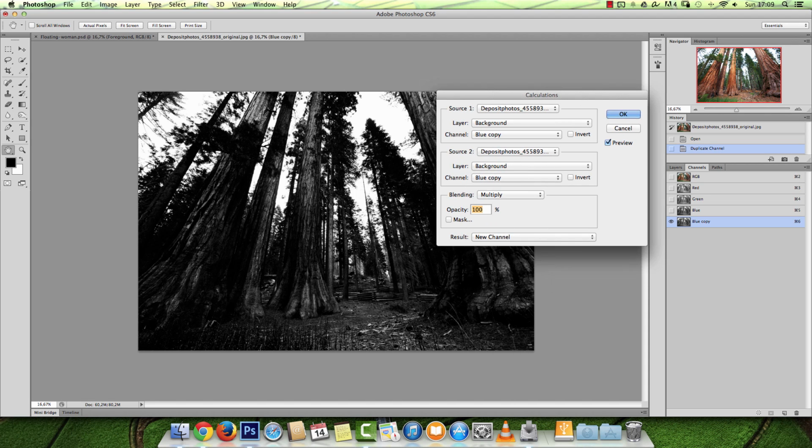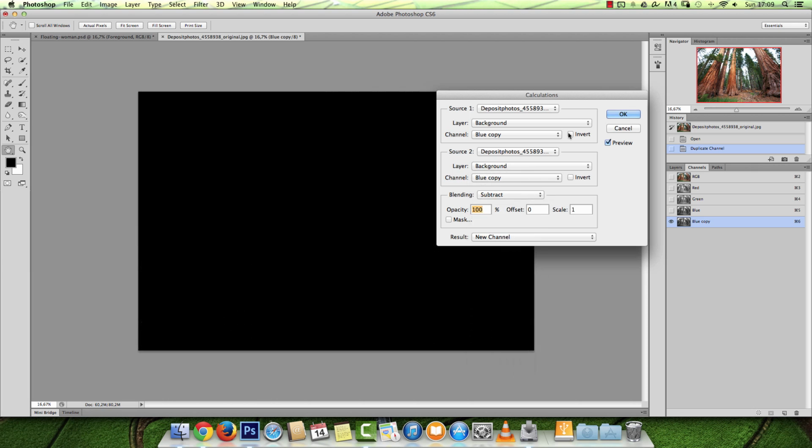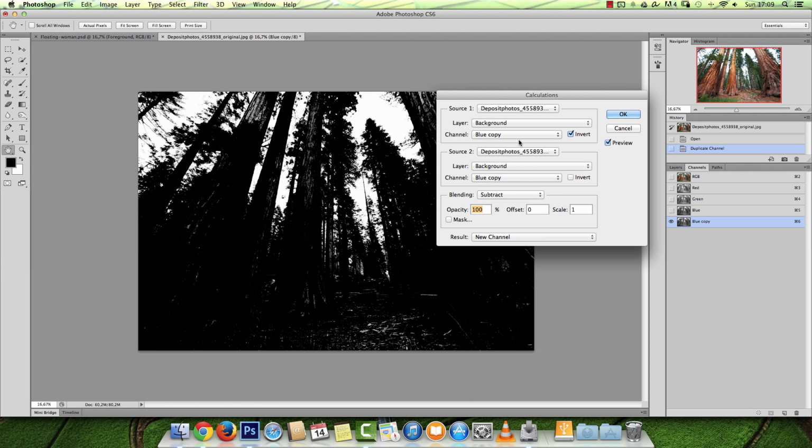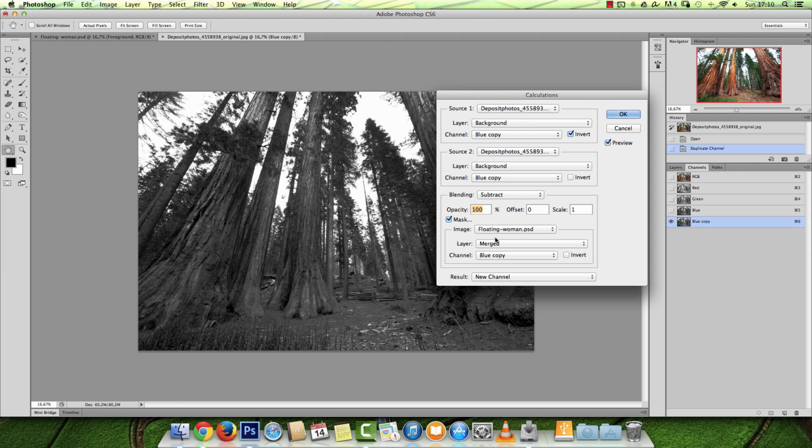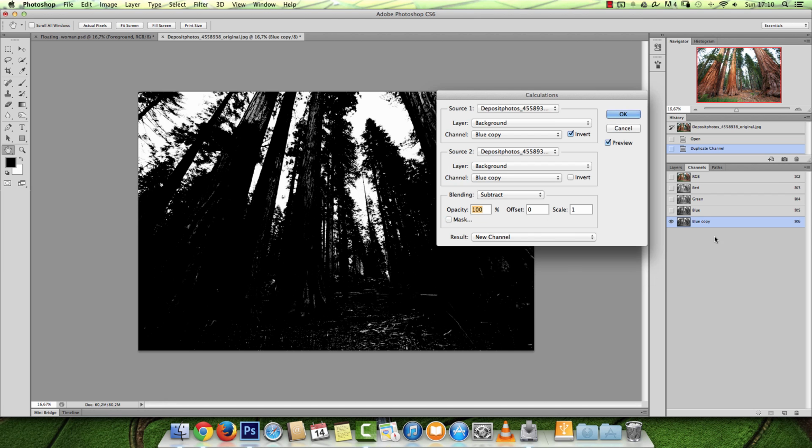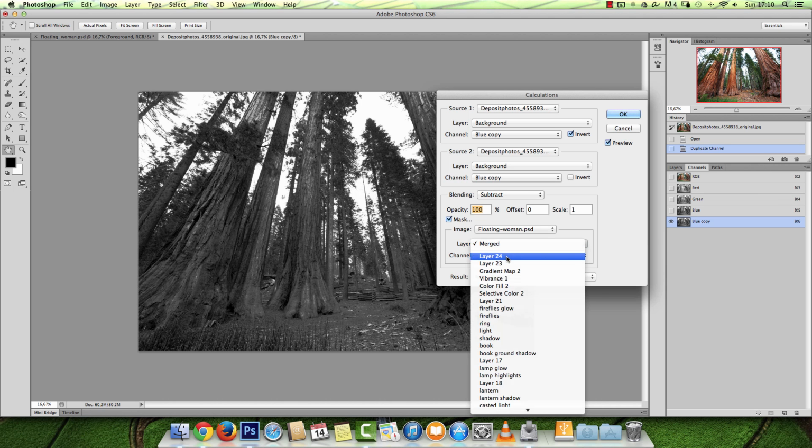Our objective here is to get the trees and the branches and everything to be as black as possible while keeping the sky white. Okay, so I will try to subtract and invert the source 1 channel, and that way you can see I get this sort of high contrast effect. You can try other blend modes and play with the invert and use even the mask to, if you have like a mask already created, you can choose this, and you can choose any of the layers that you have here from